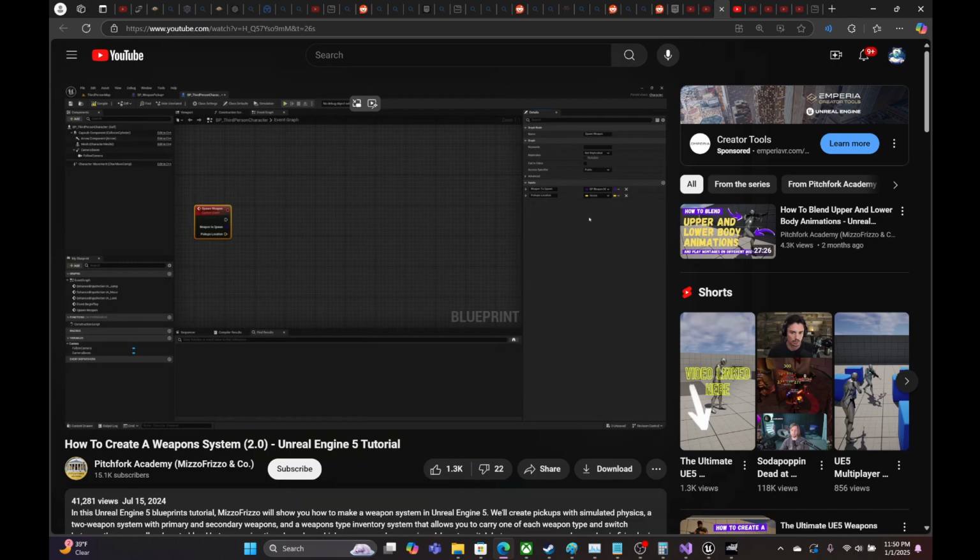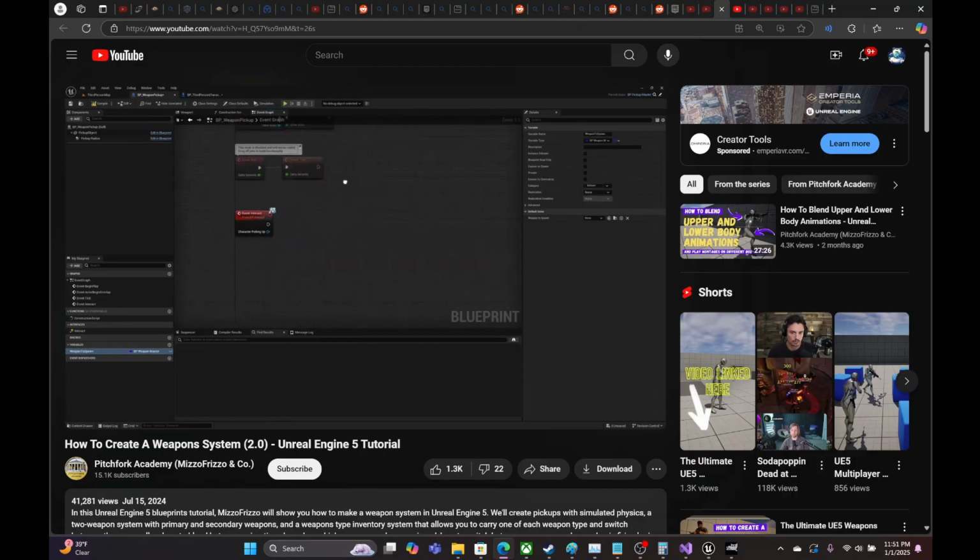Now, this isn't the only way to do this, and I'll show you a different way. I'll show you 2 different ways of spawning the pickup at a certain place. Like I'll make it drop down in front of us at first, and then I can show you this pickups location one as well. So now that we've created this custom event in our character, what we can do is